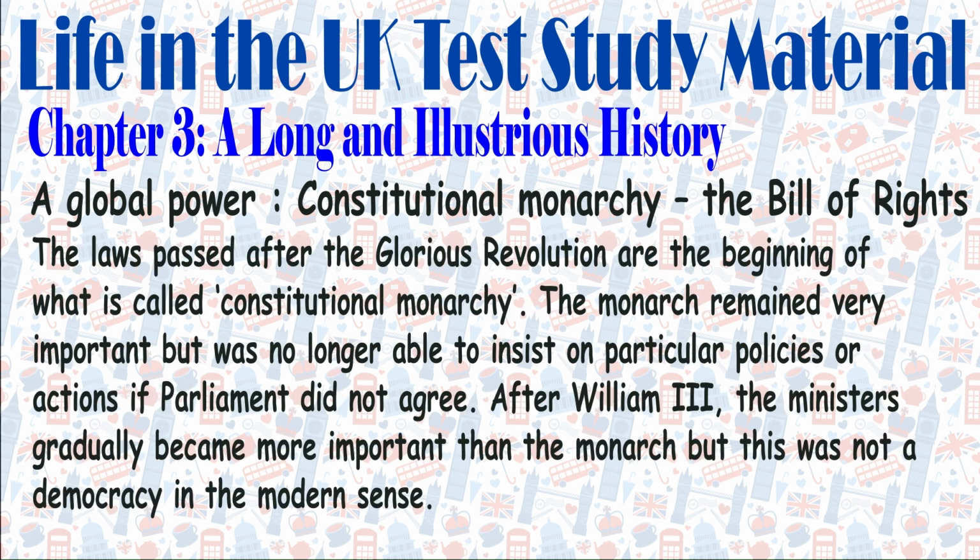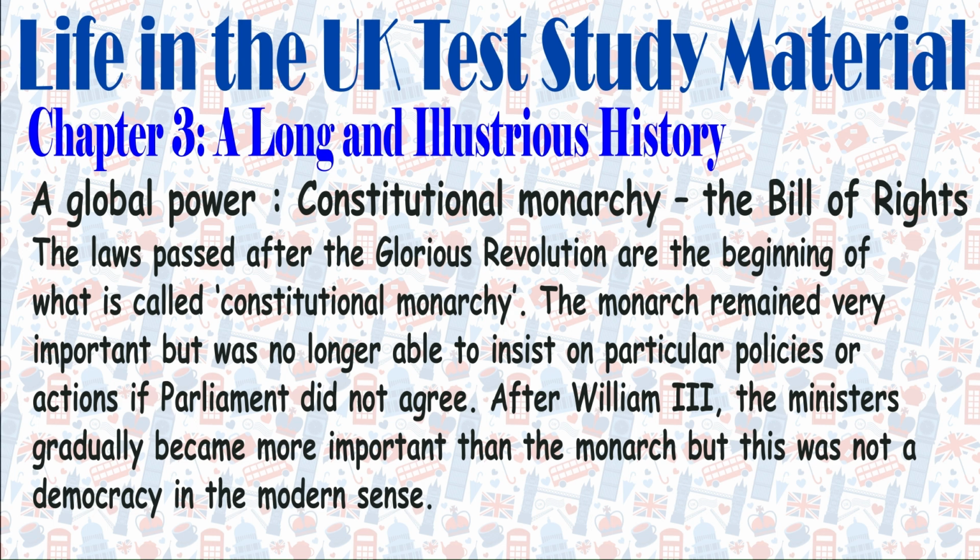The laws passed after the Glorious Revolution are the beginning of what is called constitutional monarchy. The monarch remained very important but was no longer able to insist on particular policies or actions if Parliament did not agree. After William III, the ministers gradually became more important than the monarch, but this was not a democracy